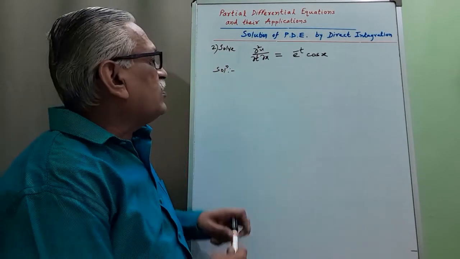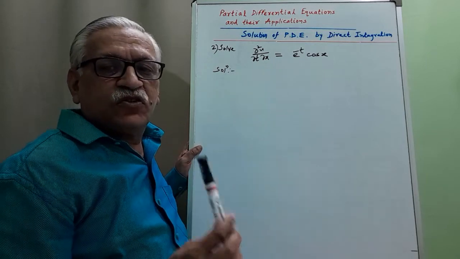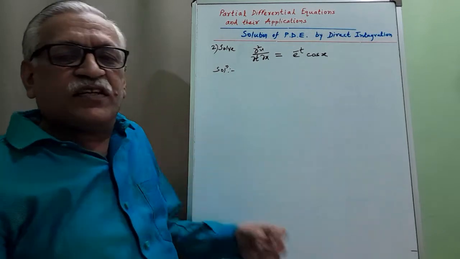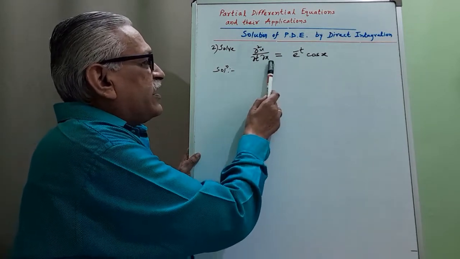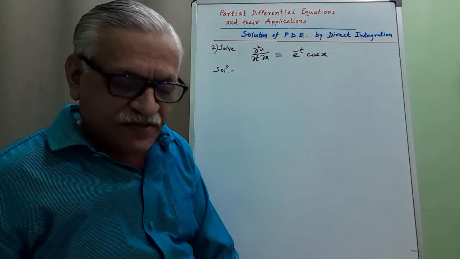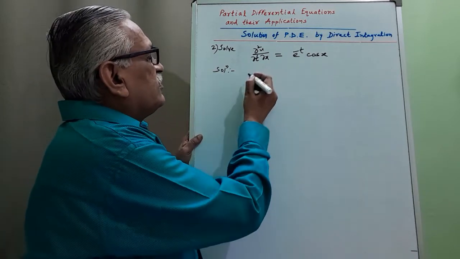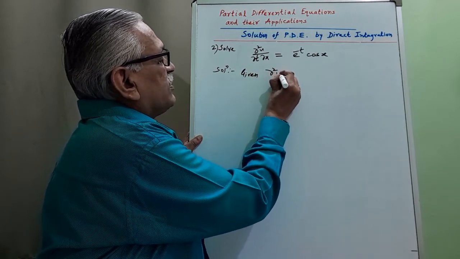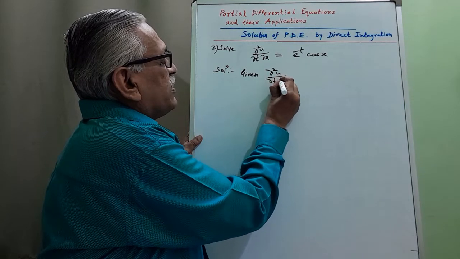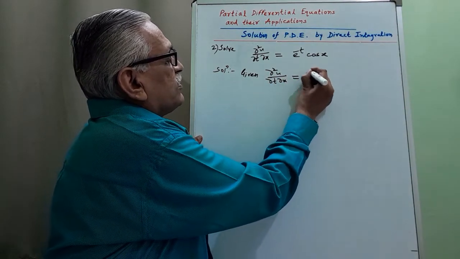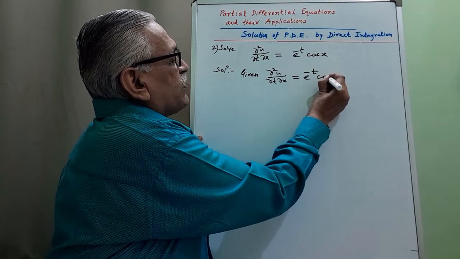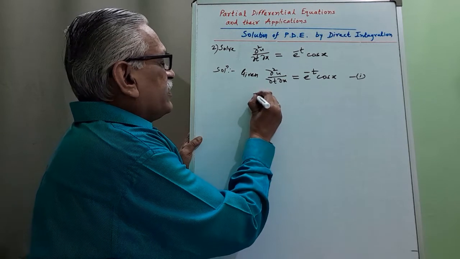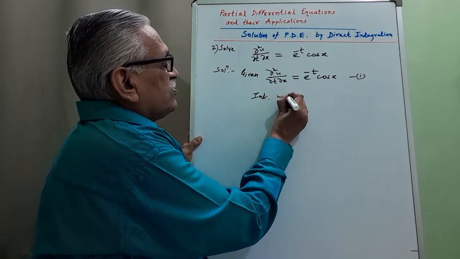Second example, solve partial differential equation ∂²u/∂t∂x = e^(-t) cos x. Here u is the dependent variable and x and t are two independent variables, and therefore to solve this, once again we consider the given differential equation ∂²u/∂t∂x = e^(-t) cos x as equation 1. Then integrating first with respect to t,